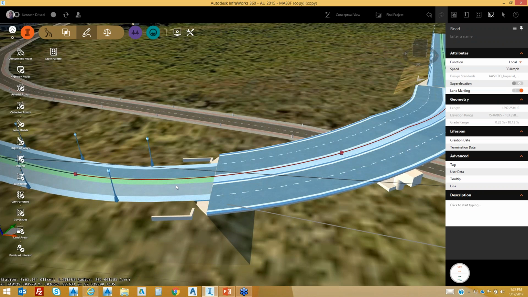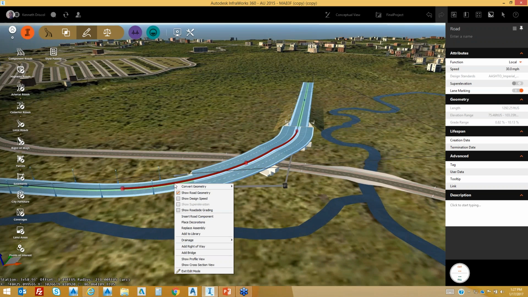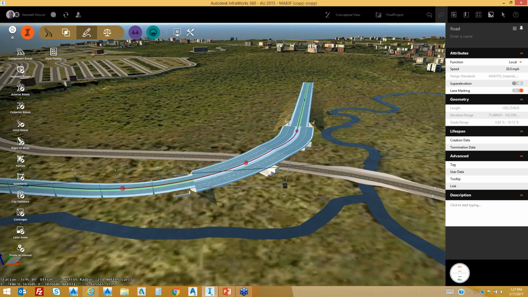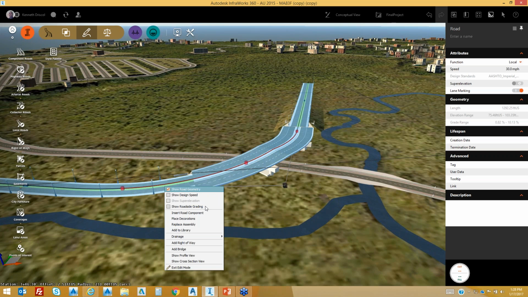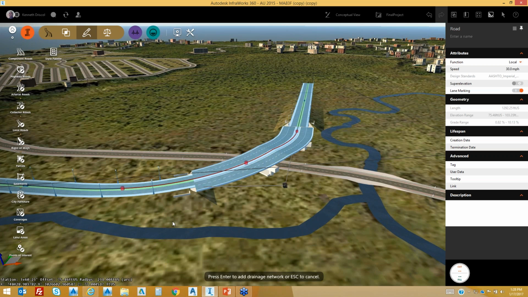And if I came back in, something really simple, if I right click, I can say add drainage network. And then I'll just go ahead and hit enter. I'll make it simple. So we had no network in the beginning. We'll go right back to that, add drainage network. We'll press enter. And what we want to be able to do is also facilitate questions. So what I'm going to do in a moment here, once this finishes up,